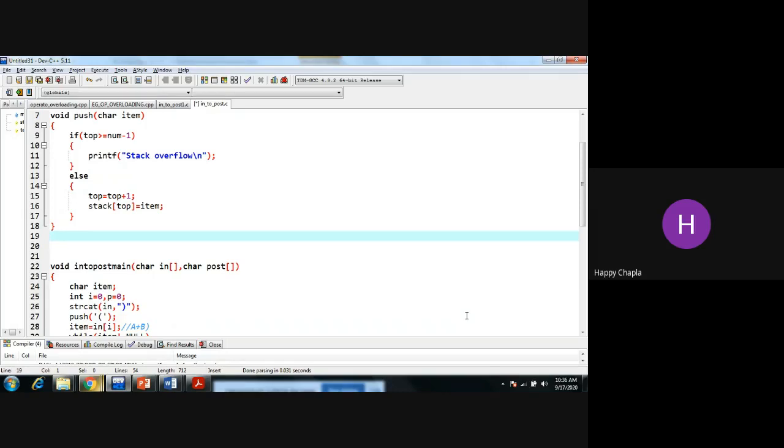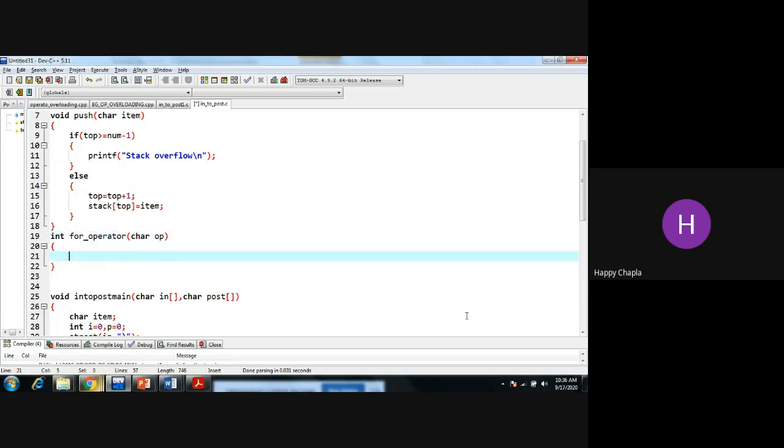So first of all, integer. Whatever the value is in the item, I am catching over here.